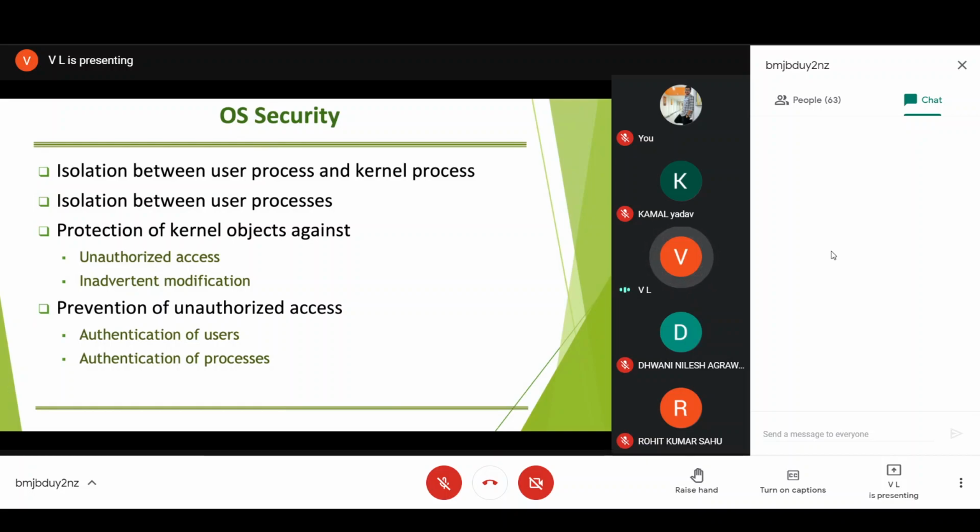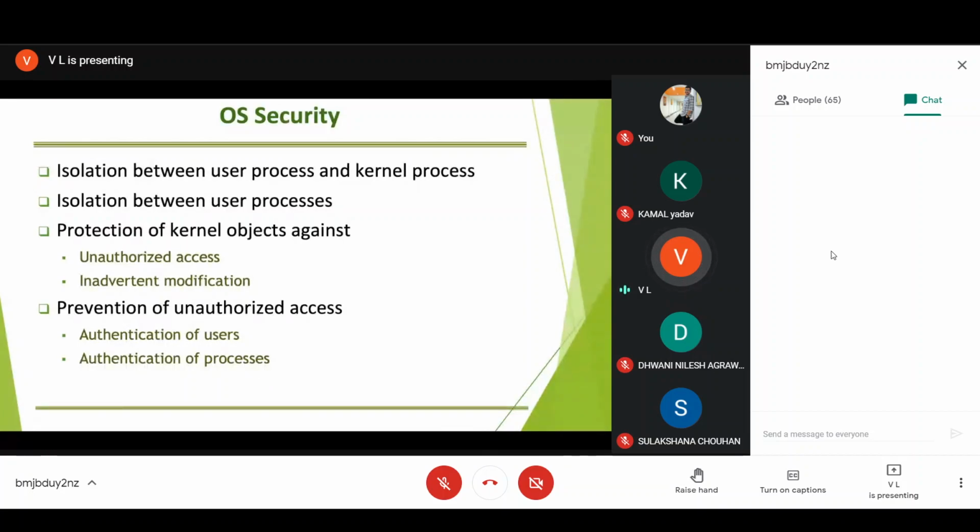So at the same time, the internal data structures of the operating system, what we are calling kernel objects, any unauthorized access to these objects should be prevented, and no user process or unauthorized process should be allowed to modify these objects. I'm not talking of only the user process, even the operating system will consist of many processes. So one process which is part of the operating system should not have access to the internal data structure of another, and should not be allowed to do that. So there should be a perfect isolation between the processes.